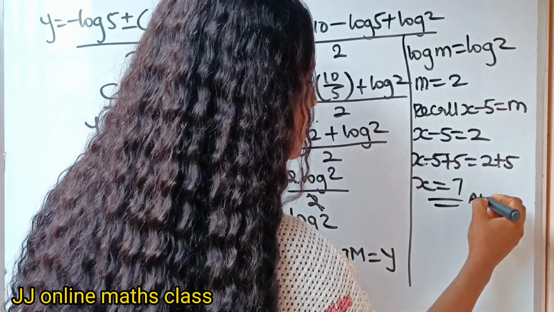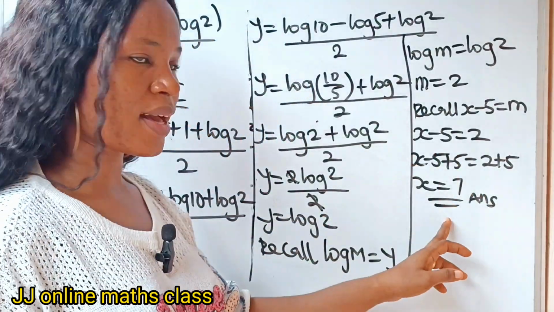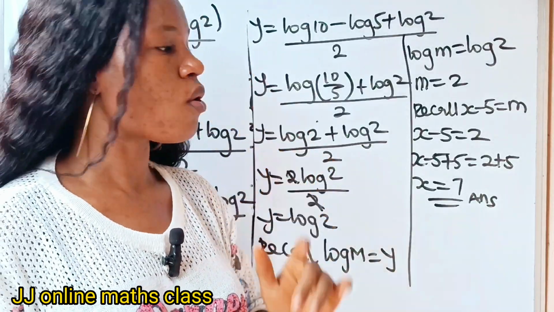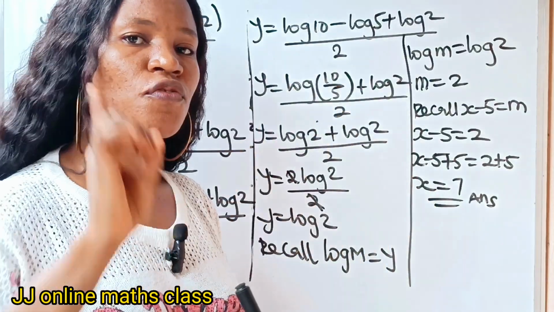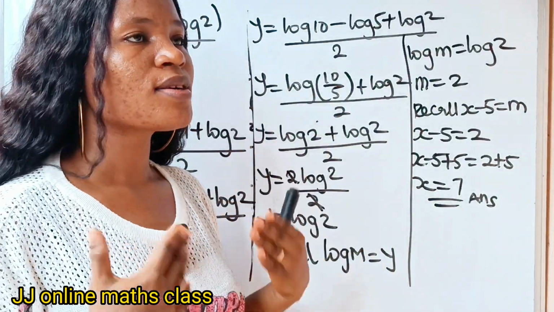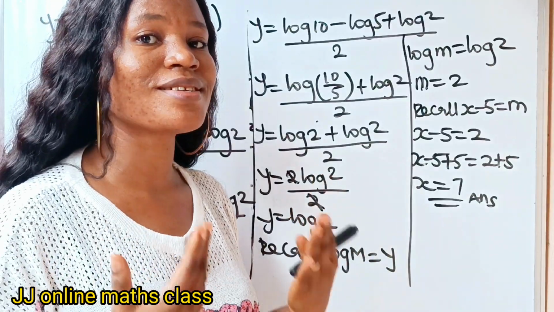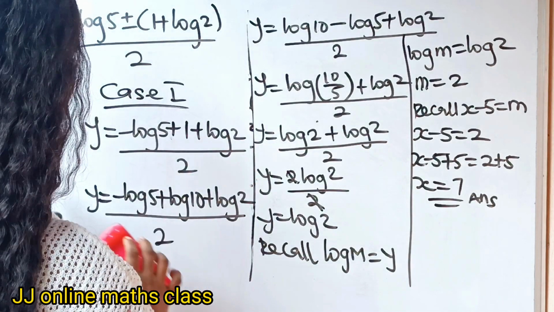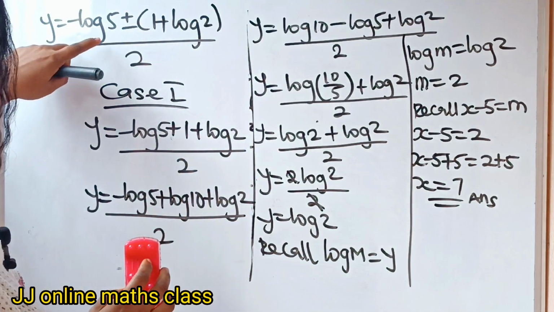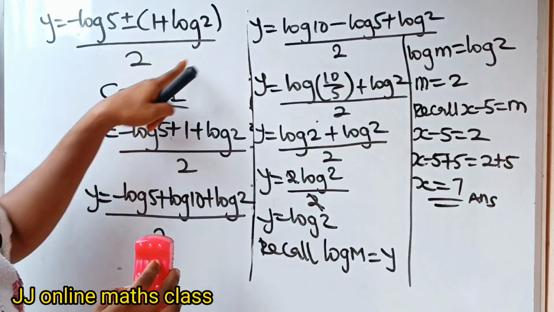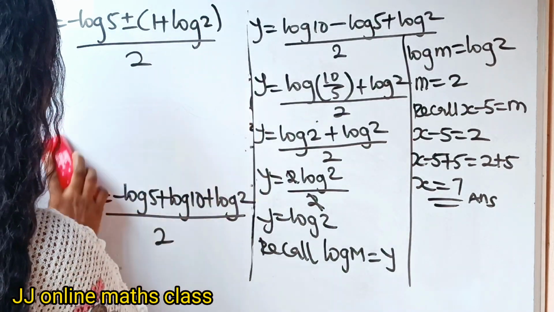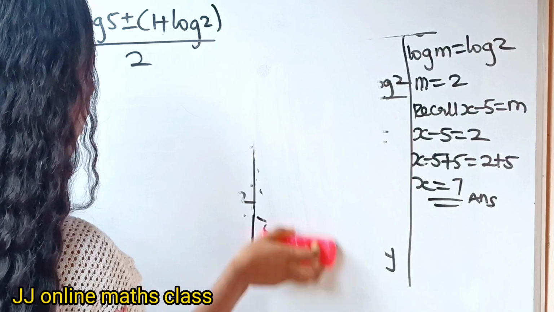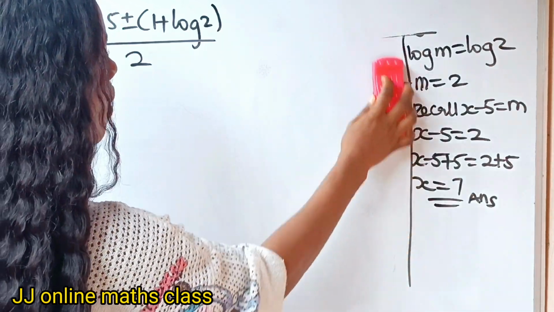Now this is the first solution of x. Remember that all we are doing is case 1. So we have found the first value of x. Let's go ahead and find the second value. Permit me to wipe this, but because we are going to be making use of this, I'm not going to clean all of it, so that when I say case 2, you are going to understand what I am doing. Now for our case 2,